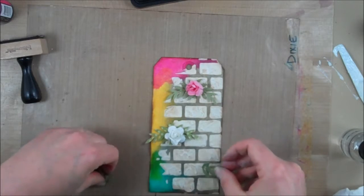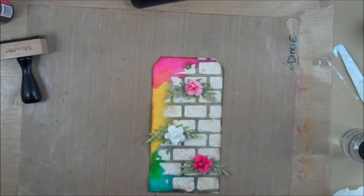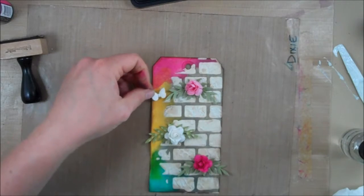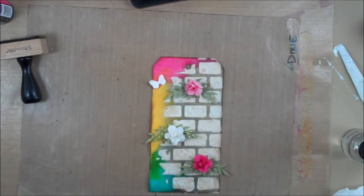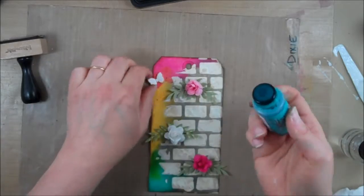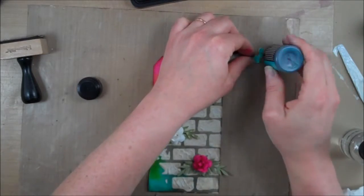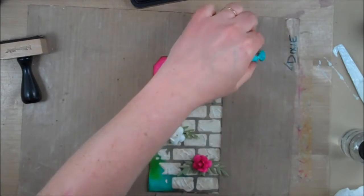And then, and one last touch, I'm going to add a little butterfly in. This is made out of that Crafter's Clay by Martha Stewart, and it's finished. And this you could, let me show you. You can dye this with almost anything. It takes ink really well. So there's our